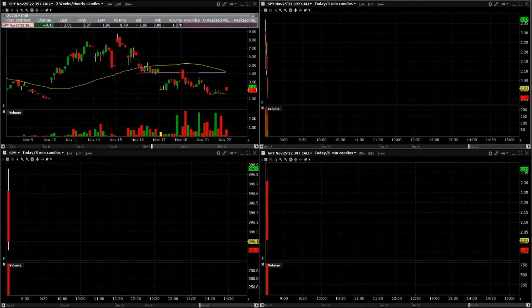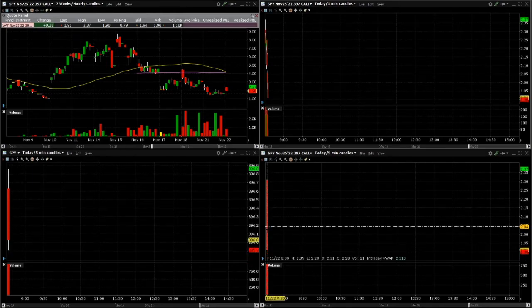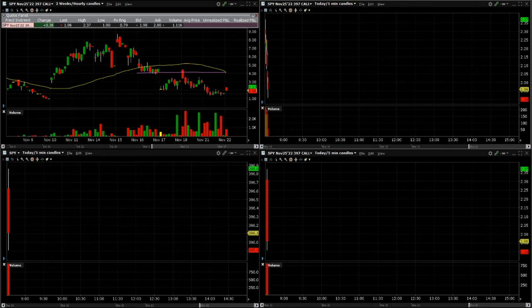So this is why it's important to wait a little bit and let patterns form when day trading, scalping, whatever, because had I just gotten in right away at the open, you see the high of this candle here, $2.35. The option is now trading at $1.94. So it's pulled back quite a bit. That's over a 40-cent move to the downside,